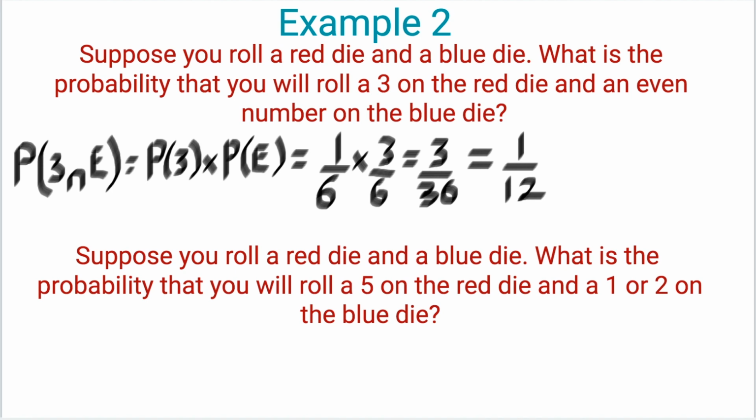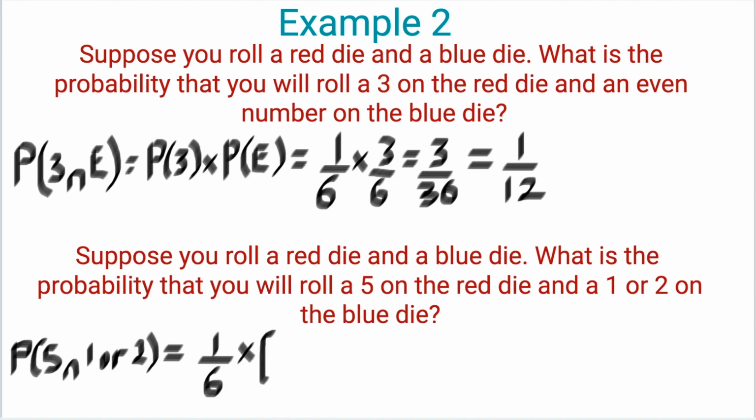But the first thing we need to understand is, are the two events here independent? When you roll a 5 on the red die, is it going to affect the probability of getting a 1 or a 2 on the blue die? And the answer is no. So they are independent. For the probability of 5 and the probability of 1 or 2, we're going to find the probability of the 5, which is 1 over 6, times